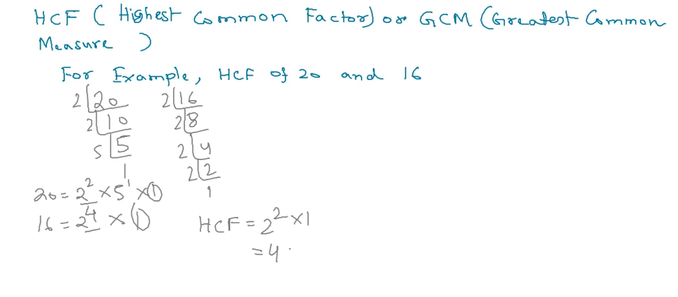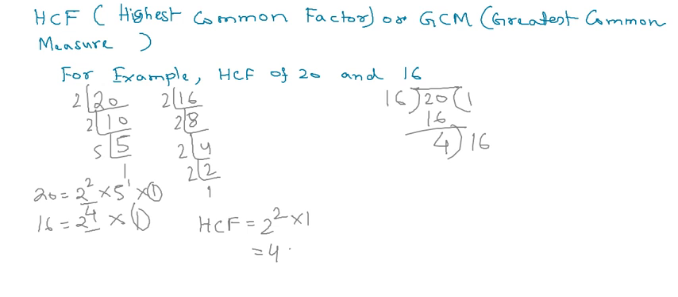Let's see how to find out HCF by using division method. Division method is really useful and much quicker. So let's see this. We have to divide the larger number by the smaller number. So we will divide 20 by 16. So we have here